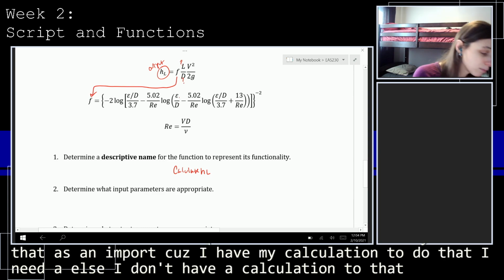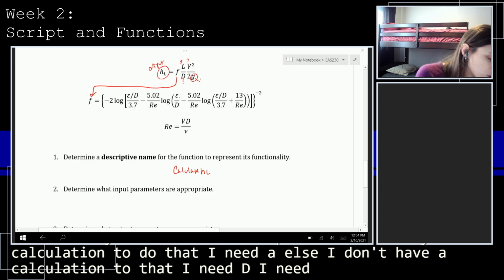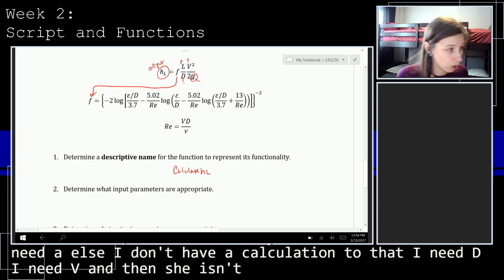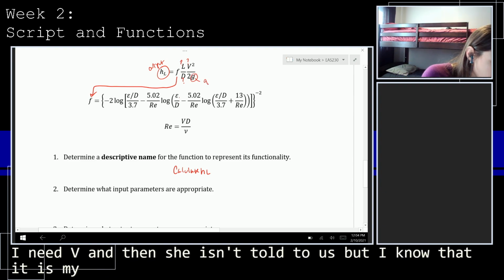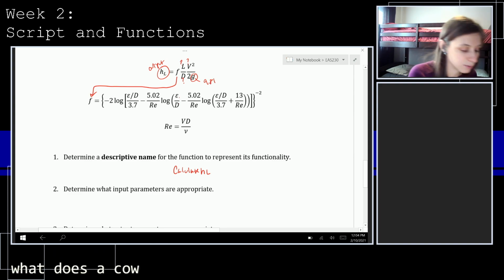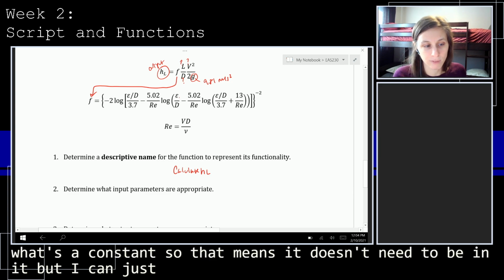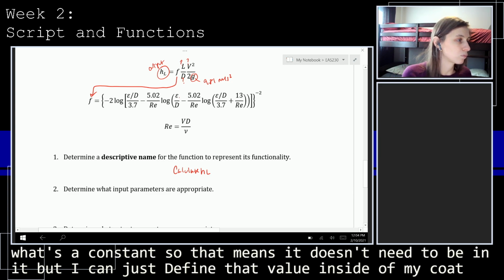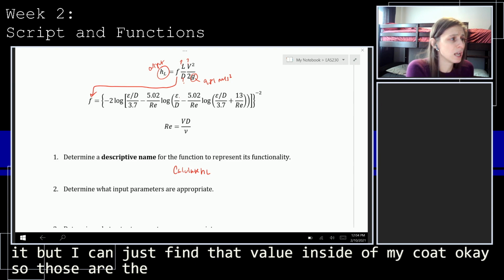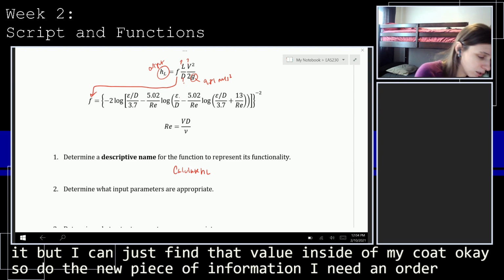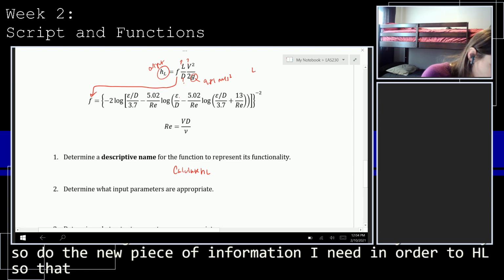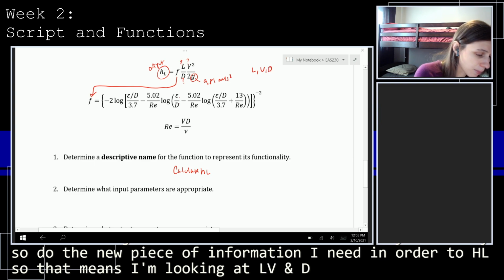I need D. I need V. And then G isn't told to us, but I know that it is my gravitational constant, 9.81. That's a constant. So that means it doesn't need to be an input. I can just define that value inside of my code. Okay, so those are the pieces of information I need in order to calculate HL. So that means I'm looking at L, V, and D at a minimum.